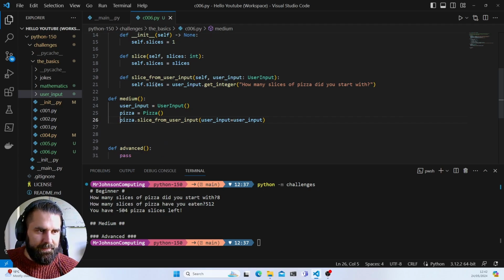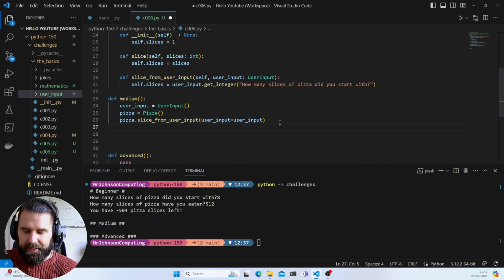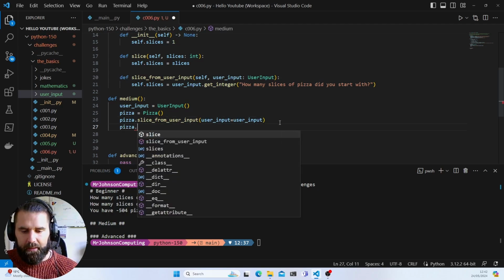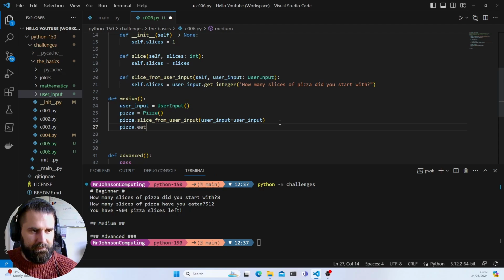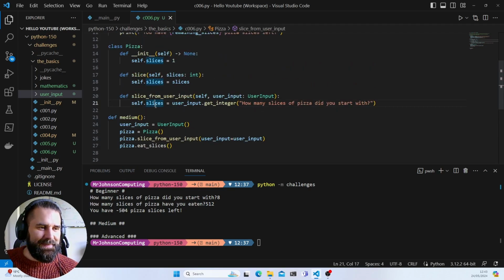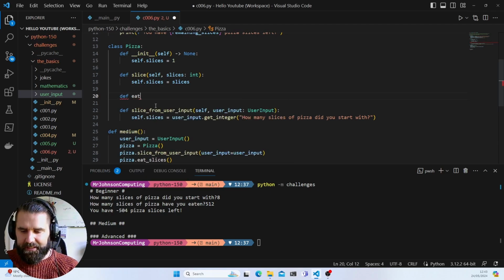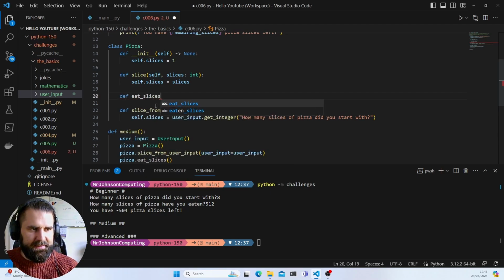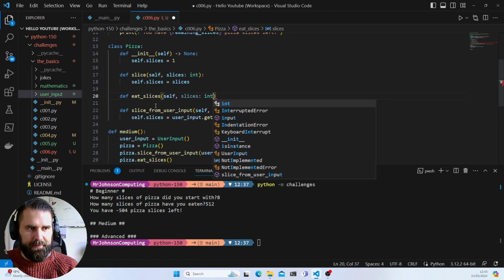Lovely. So we're getting our slices. Now what we need to do is we need to eat the pizza. So we're going to do pizza dot eat slices. The word slices is losing all meaning for me, and so we need to make that function. So we're going to say def eat slices, self and slices, which is going to be an integer,